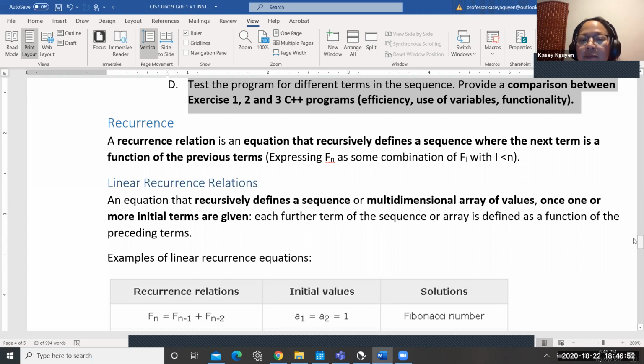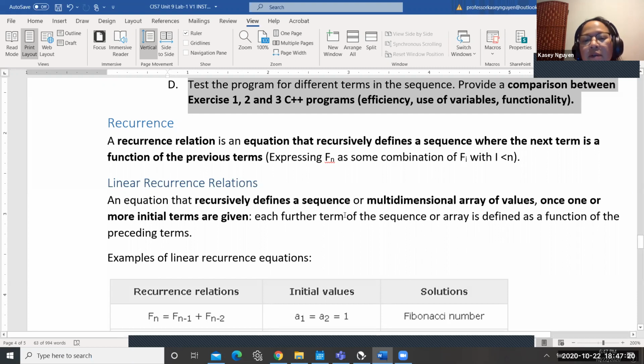And with recurrence relation, as you've seen in the first example program, you can use an equation that recursively defines a sequence like Fibonacci using the previous term. And you might ask, well, what are those outside of Fibonacci? What other sequence can you use, right?